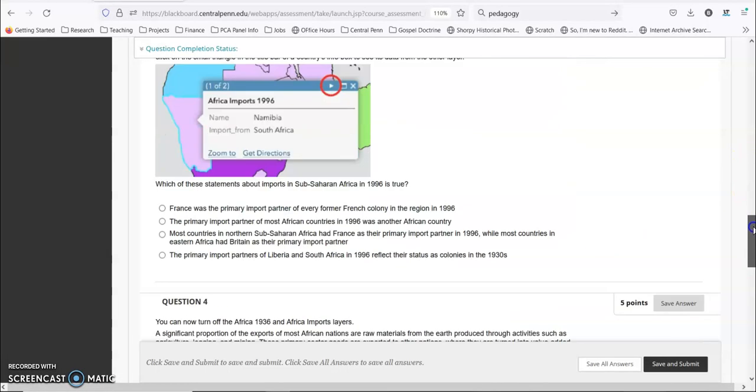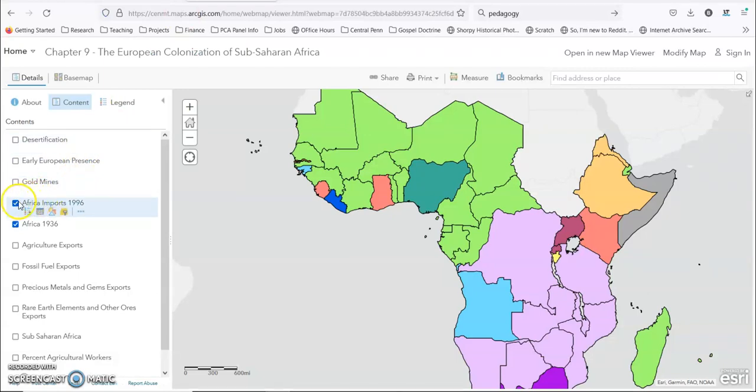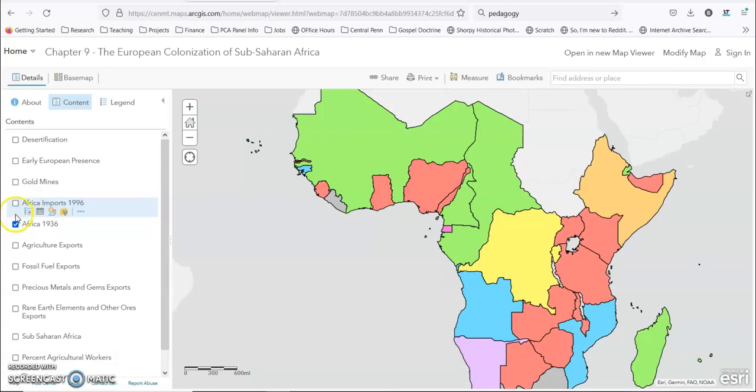It's a question about imports. Which of these statements about imports in sub-Saharan Africa in 1996 is true? Now, I've run into issues in the past where I've spent time on each of the options and then I've run out of time at the end. So I will not do that. Instead, I will say that there is one better answer than the rest, that some of these answers you can immediately rule out. So the best way of doing that, I think, is by reading the question and figuring out exactly what it's asking. It might mean to turn off one or the other of these tags as you begin